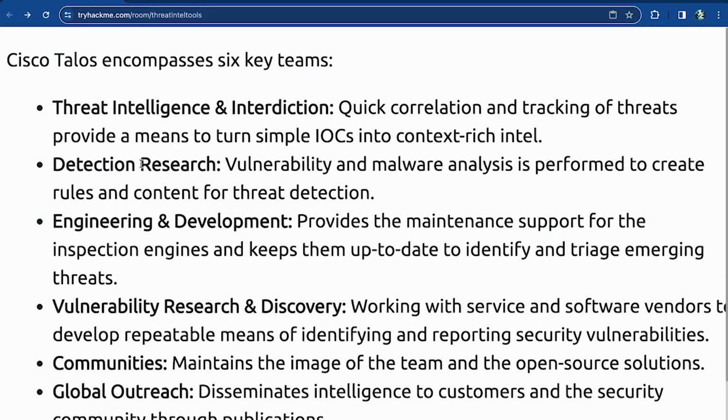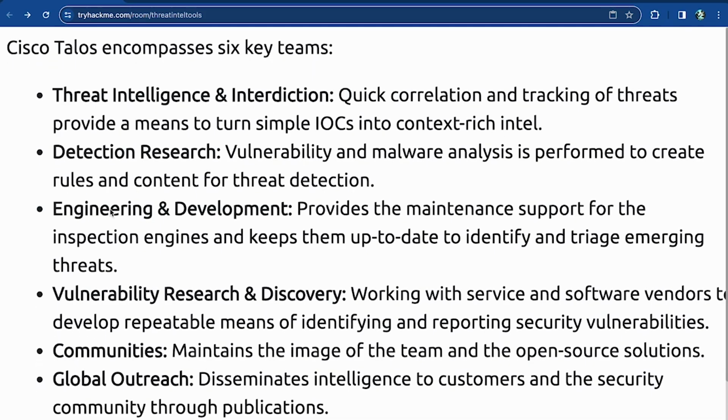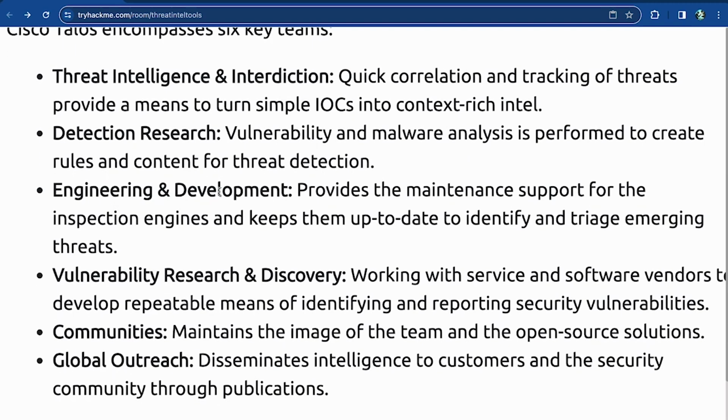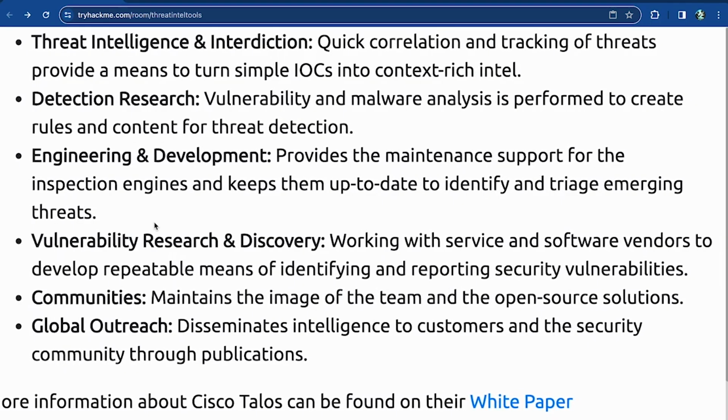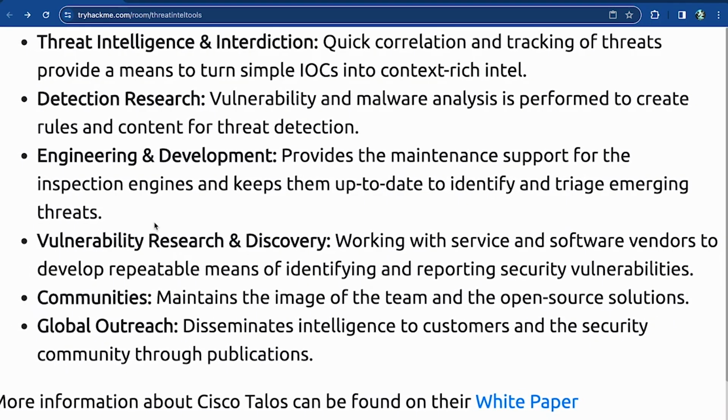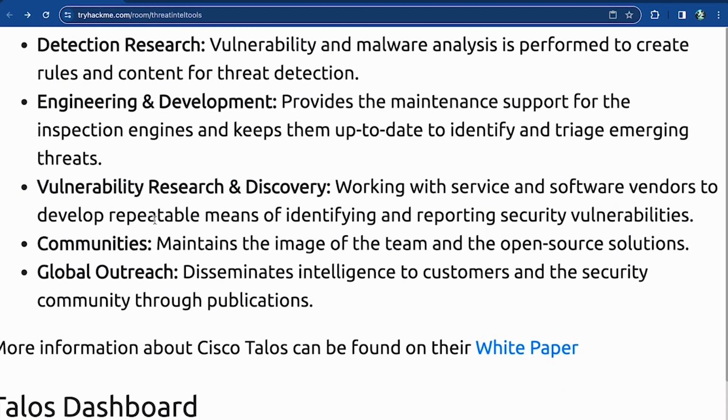Then you have detection research. Vulnerability and malware analysis is performed to create rules and content for threat detection. Then you have engineering and development, which provides the maintenance support for the inspection engines and keeps them up to date to identify and triage emerging threats. And then you have vulnerability research and discovery, working with service and software vendors to develop repeatable means of identifying